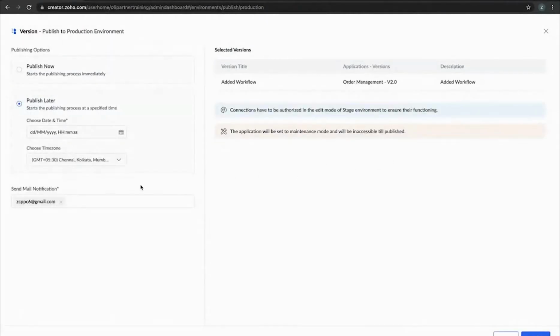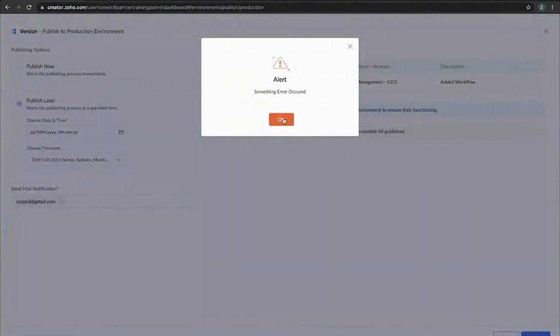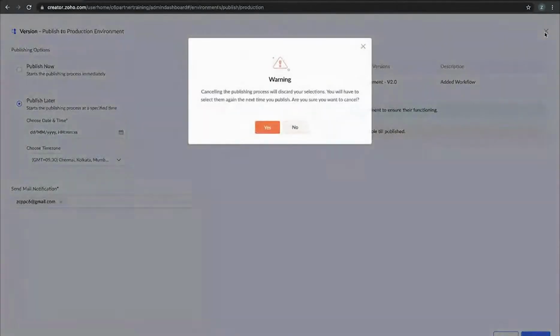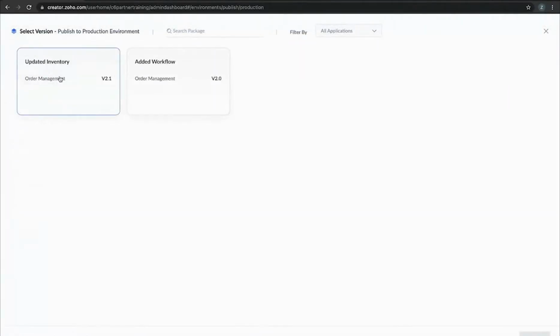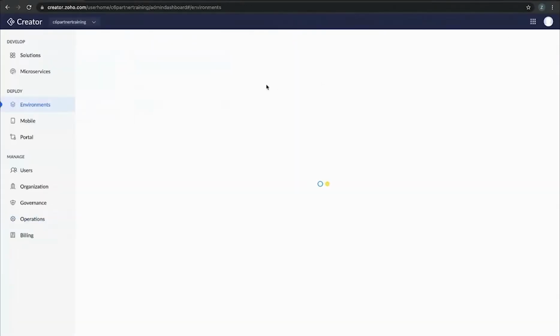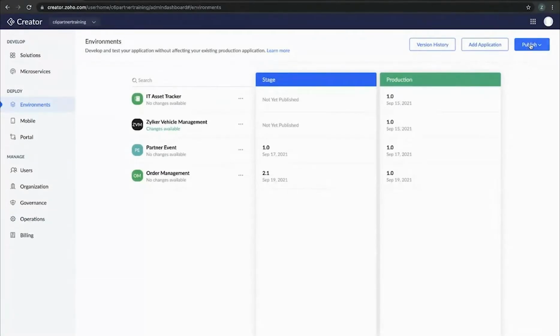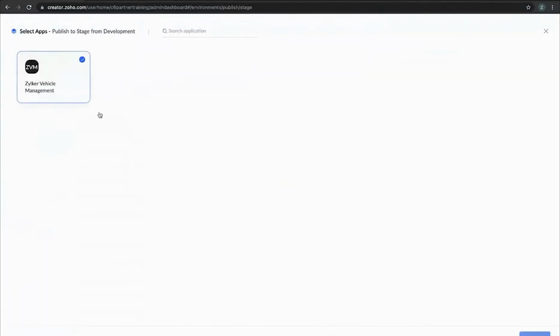Okay, so let us go ahead and publish version 2.0 to stage. I think there is some error. Normally, it gets published to the stage right away. So let me go ahead and cancel it. I'll try to publish this Zilker vehicle management to production. I think there's some issue out here. Okay, first I have to publish it to stage. So let me go and publish it to stage,